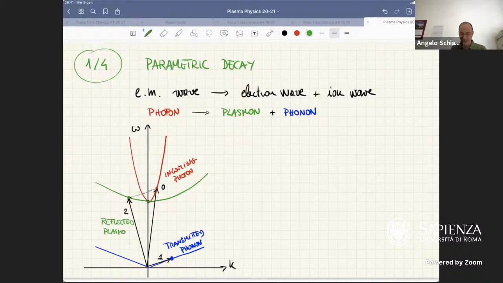Obviously, we can turn this the other way around. So we can have a reflected photon, and then we can couple a transmitted photon with a transmitted plasmon here. So usually the best way is to just get, for instance, a line parallel to the phonon